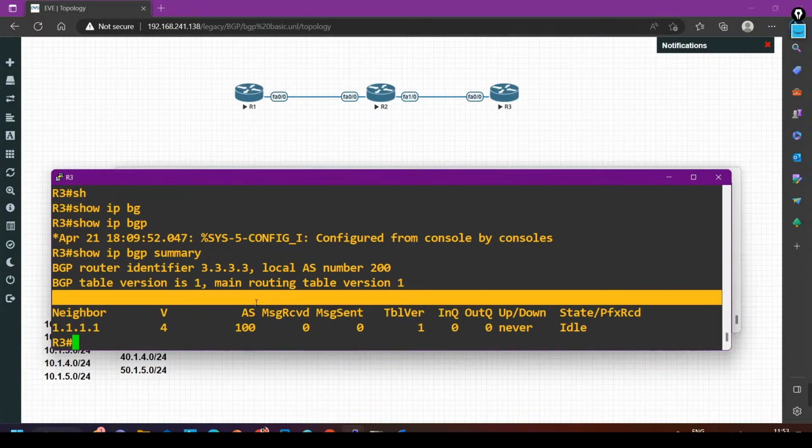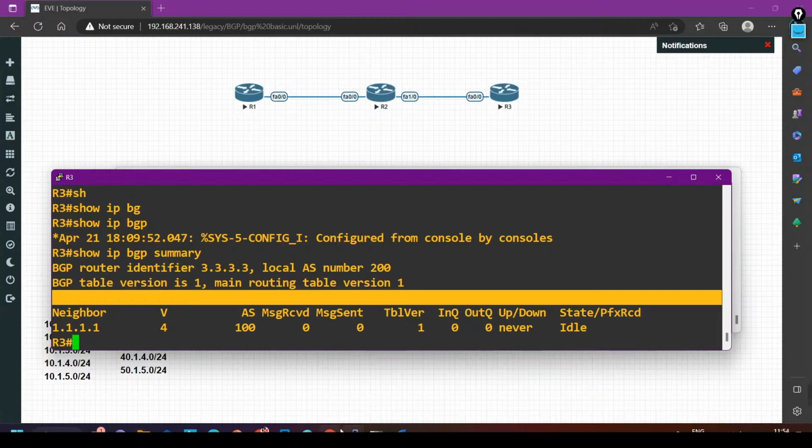is 1. Whenever a router sends any message to its eBGP neighbor, the TTL value will be 1. So here we have to configure two things. Yes or no? First of all, we have to disable the connected check rule, and we have to change the TTL value also. Or directly, if you change the TTL value, the router will automatically disable that rule, because if you are changing the TTL value, then the router comes to know that my neighbor is not directly connected. So the router will automatically disable